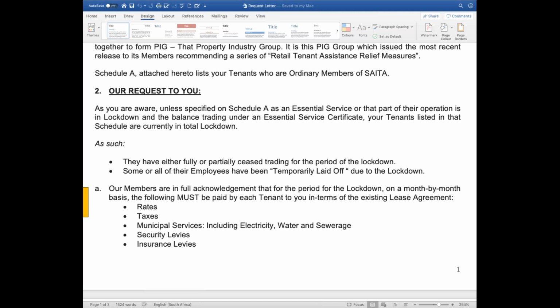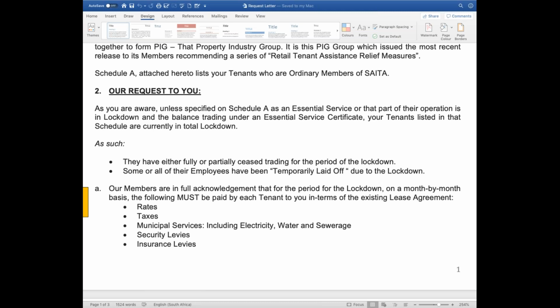Second thing is there are regulations in place to say that councils can't charge interest or invoke penalties for missed payments at this stage. And that's also critically important. Your landlord can't then charge you interest or invoke penalties for any missed payments at this stage. So in answer to your question, I think reasonableness does prevail, and there is now a legislative framework making it impossible for them to act unfairly to you.